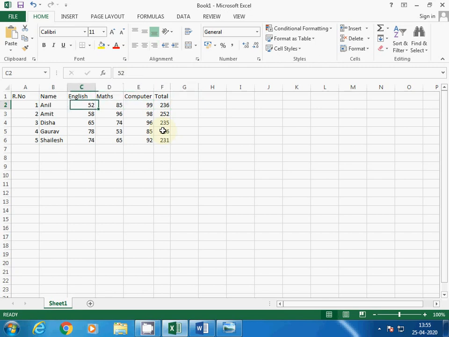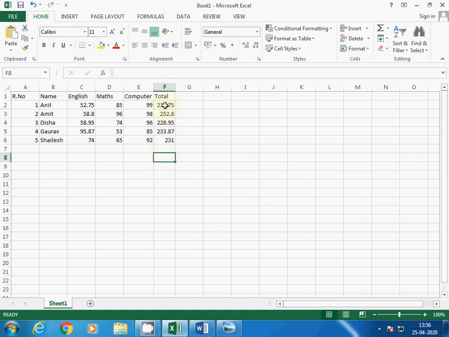Now the next formula, after sum, you can display the values in round. Round means some values you have entered in numeric form with decimal points, like this 95.87.